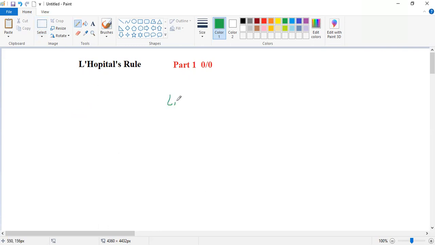For example, if you are asked to find the limit as x approaches 2 of x squared minus 4 over x cubed minus 8. Clearly, 2 squared minus 4 is 0, and if I put 2 cubed, it will be 8 minus 8, 0, so it will be 0 over 0. So the limit using L'Hopital will be equal to the limit